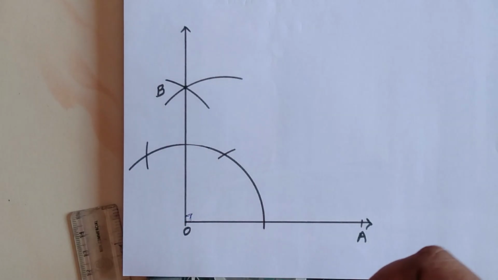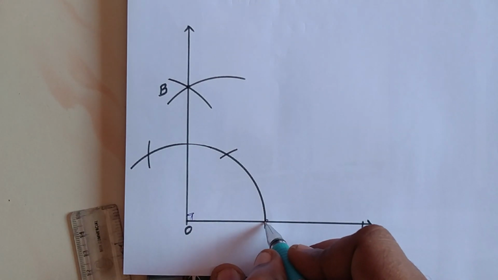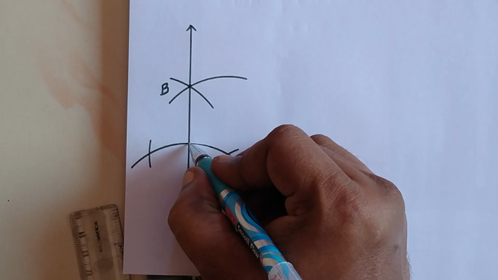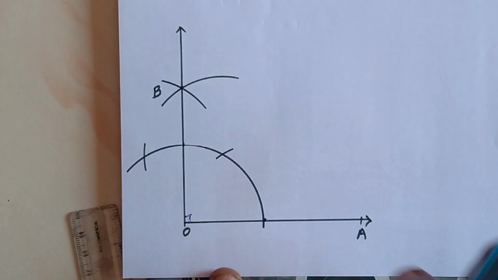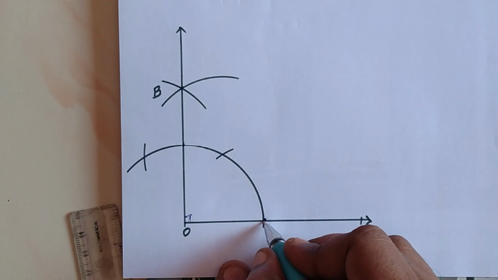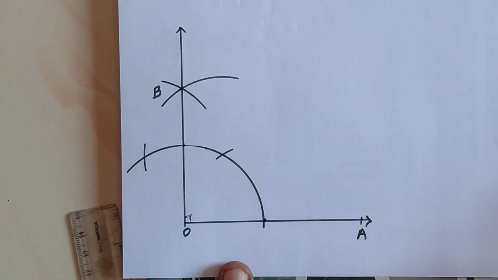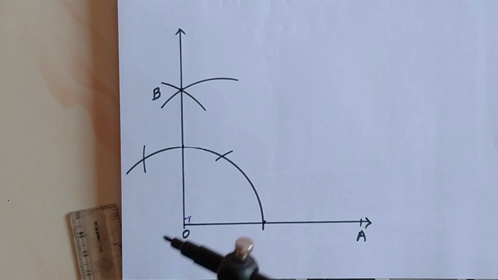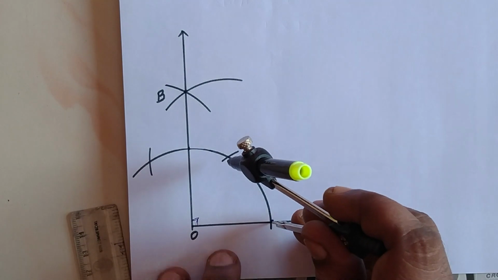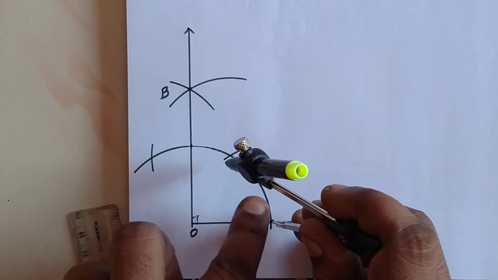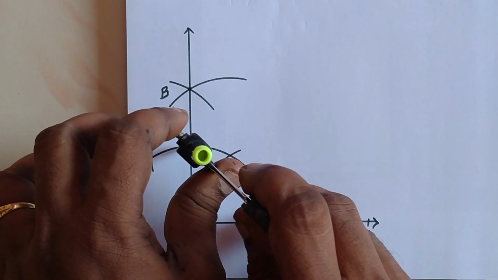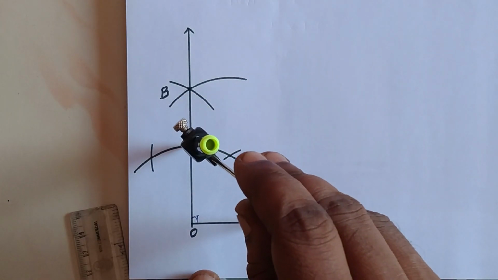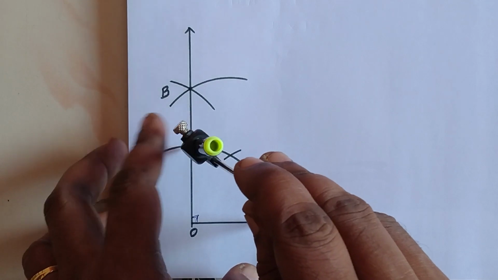So we have to bisect this angle. Now this is 0, base means 0, and this is 90. So we have to bisect them. So the 2 points will be this 0 and this 90 degree. Okay, so bisect means you can take a distance more than half of the distance between these 2 points, or you can just take the full distance. Okay, so I have taken the full distance.